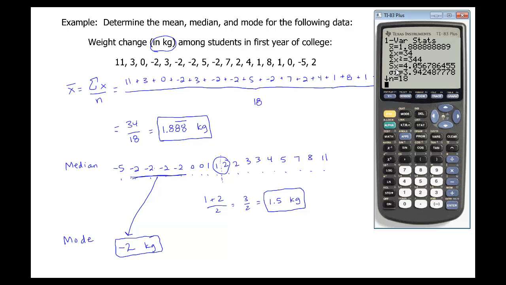Sx is the sample standard deviation of x, and this little symbol here is sigma x, which is the population standard deviation of x, and we're going to distinguish between those two a little bit later on in a different video. So S is sample standard deviation and sigma is population standard deviation. It gives you the sample size n, there are 18 values, and if you arrow down,